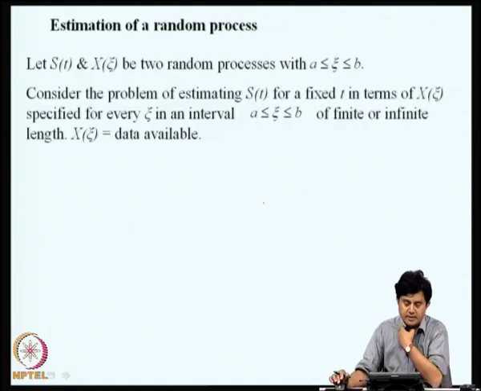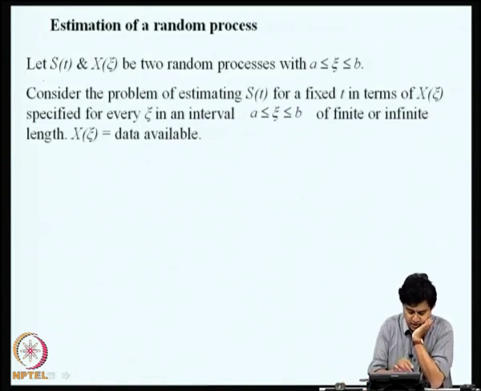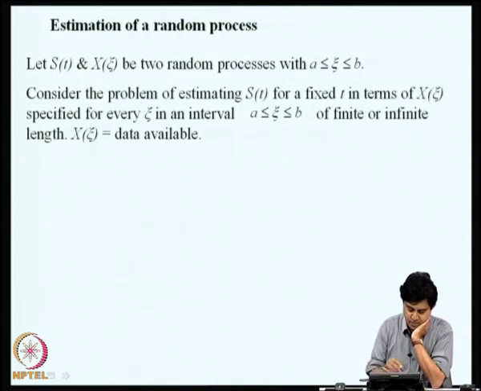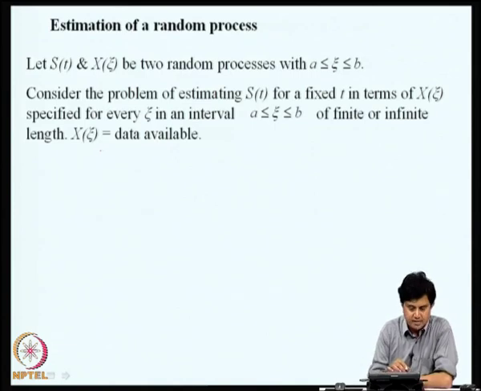Now we have talked about random variables. How about random processes? Let S of t and x of psi be two random processes where psi takes values from a to b. Now we consider the problem of estimating S of t for a fixed value of t in terms of x of psi specified for every value of psi in an interval a to b. So that means x of psi is the data available. In the example that I mentioned, x of psi is the data on, say, the strain or the displacement that you have measured, and this S of t is some response quantity of interest